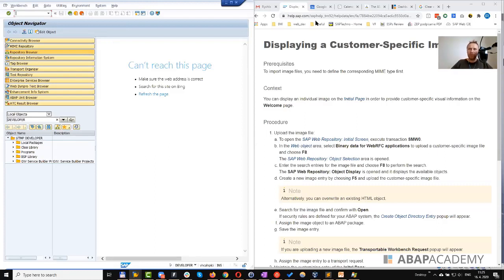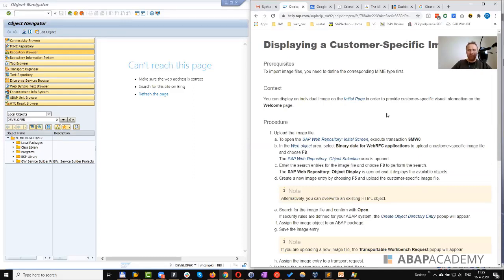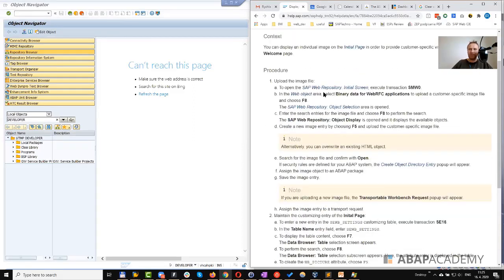On the right side, there is a help directly from SAP. I will share the link with you somewhere near this video, either above or below. What is important to see here in the procedure is that we need to go to transaction SMW0, and put there the image that we want to use right here. We already have an image in our ABAP Academy. In this system, you already have that. So if you go to transaction